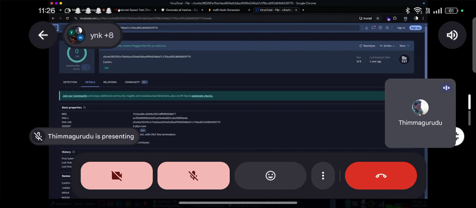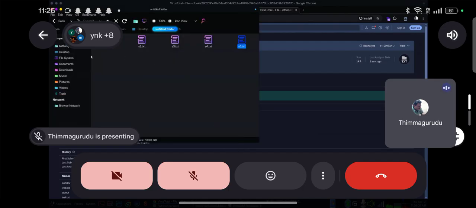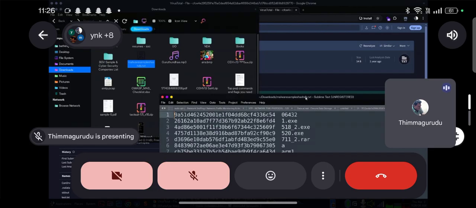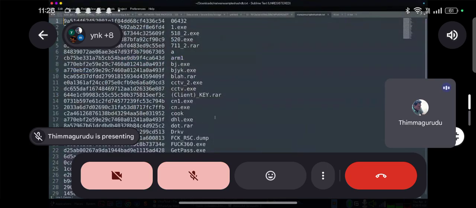Now, I prepared a few sample malware file hashes for you. I shared the malware sample hashes with you. I downloaded some random files from the internet and calculated their hashes. So let's take this hash as a